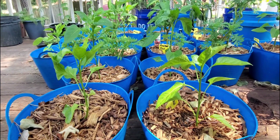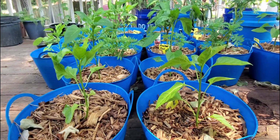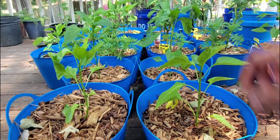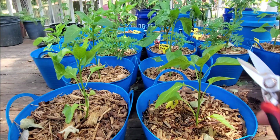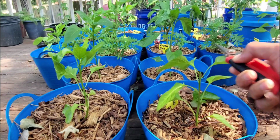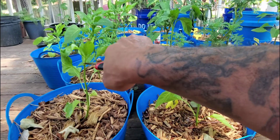Now since these two in the front are shorter than the ones in the back, I'm simply going to prune them at the top node. And the way you do this is you simply cut here, just like this. That's it. I'm going to do the same thing here,